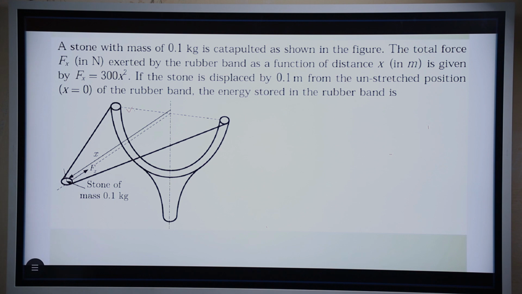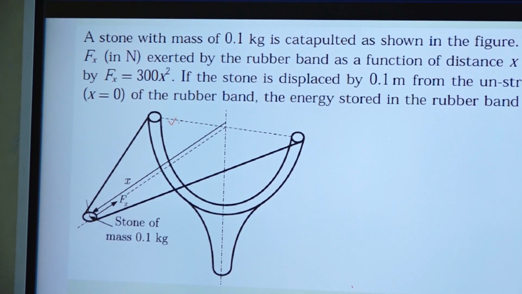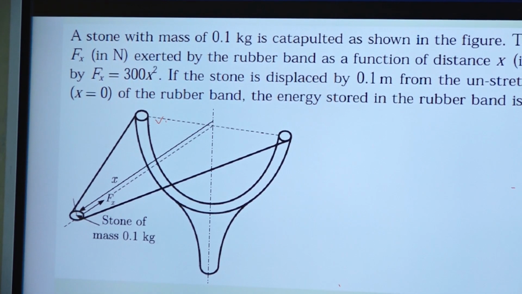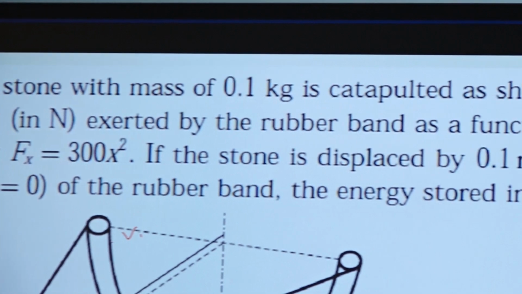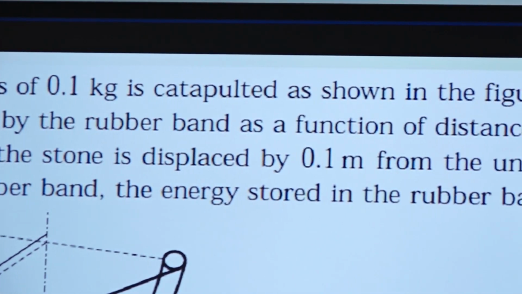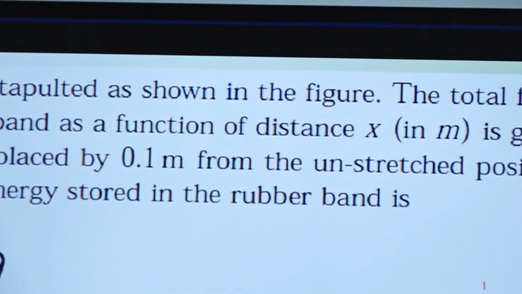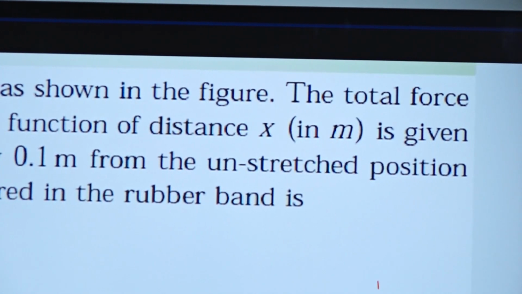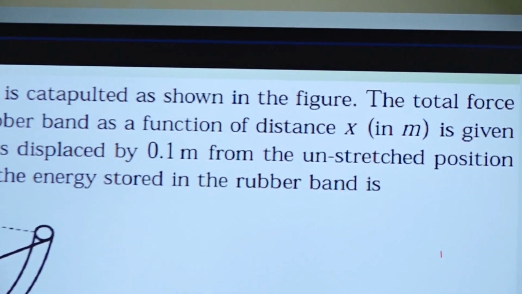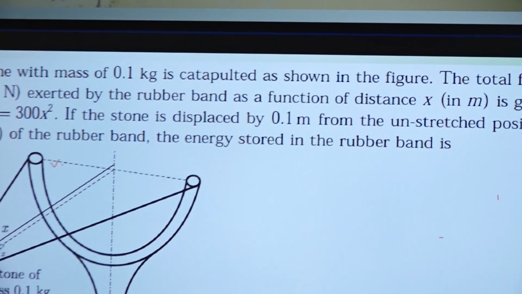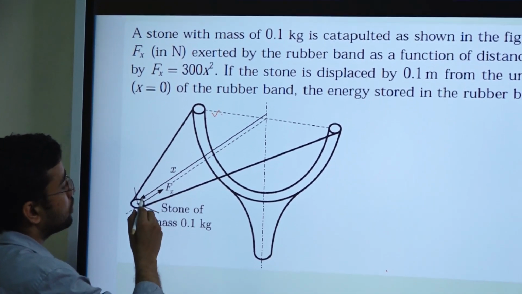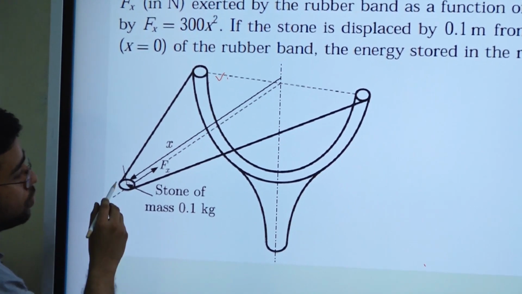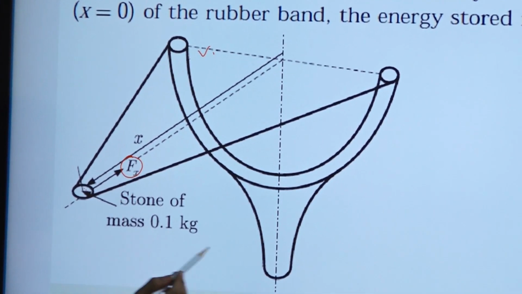So this question came in GATE, and it is a very easy question. It is looking very tough, but it is actually very easy. A stone with a mass of 0.1 kilogram is catapulted, just retracted as shown in the figure. The total force Fx in Newton exerted by the rubber band as a function of distance x is given by Fx. So this rubber is applying some force on the stone, and that force is Fx, and they also